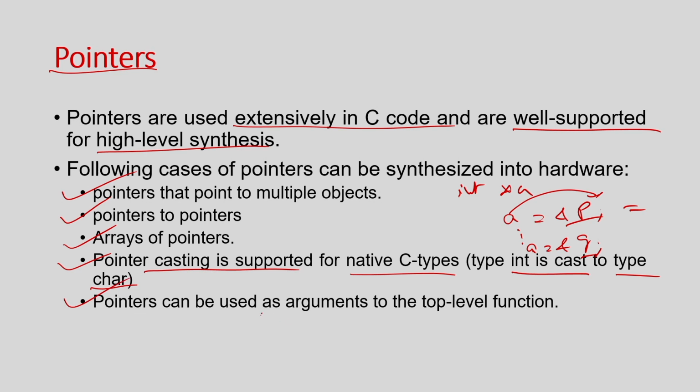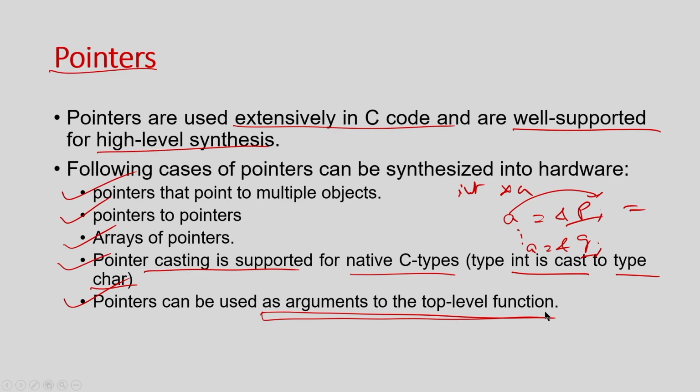Pointer casting is supported, even a pointer is supported as the argument of a top level function. Okay. So, basically you have a top level function and you try to pass the address of an array pointer, right. So, an integer pointer that is actually pointing to some array, even that is supported, but here we have certain restrictions. Okay, I am going to discuss this in a bit of detail. So, how does this argument at the top level get implemented in hardware, right.